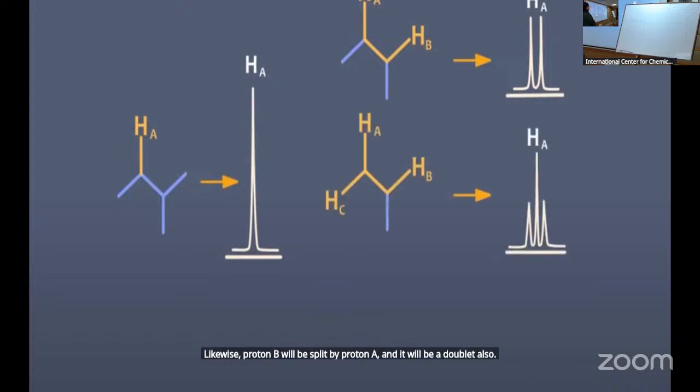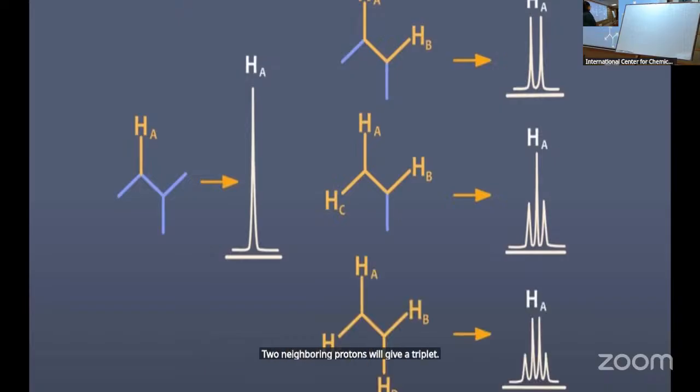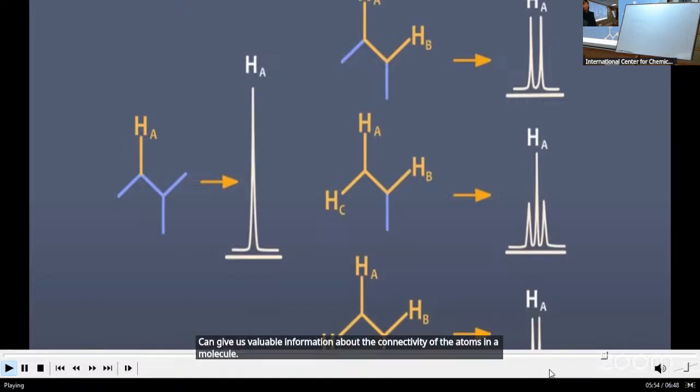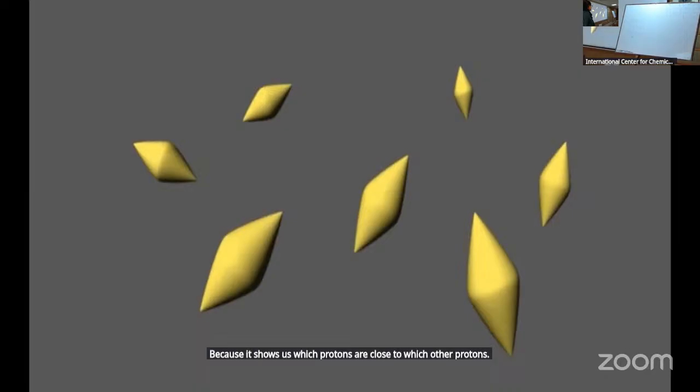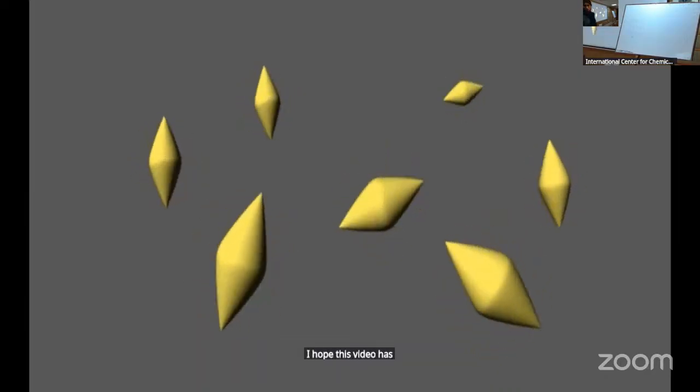2 neighboring protons will give a triplet, and 3 neighboring protons will give a quartet. You can even see quintets and septets in some cases. Spin-spin coupling can give us valuable information about the connectivity of the atoms in a molecule because it shows us which protons are close to which other protons. I hope this video has provided some useful